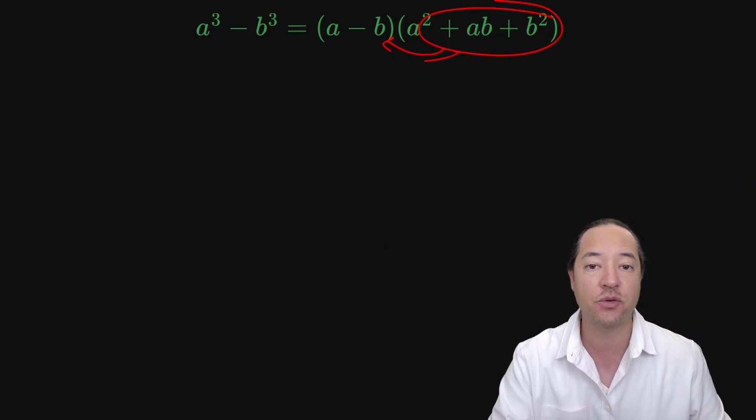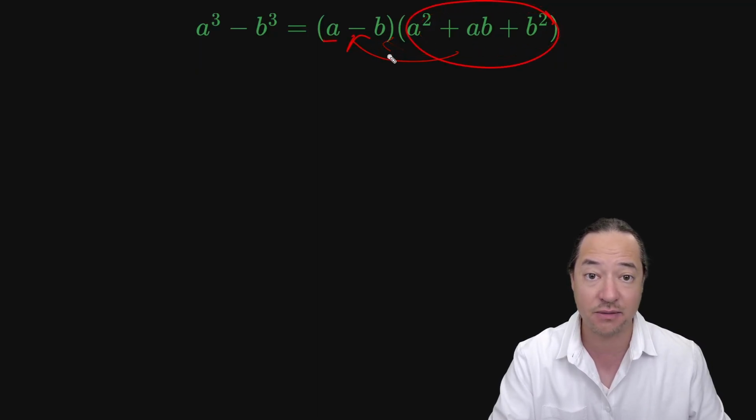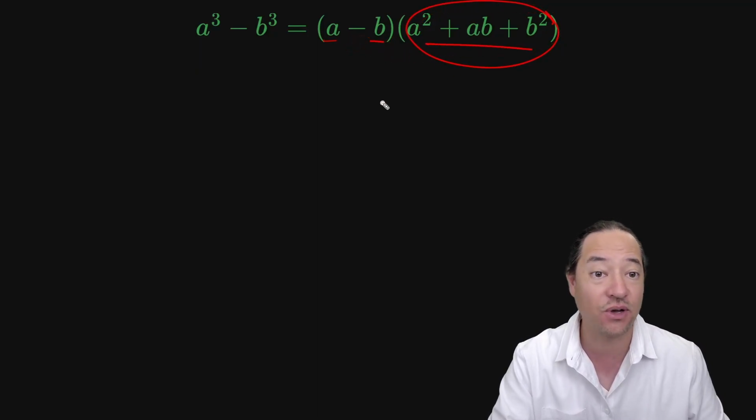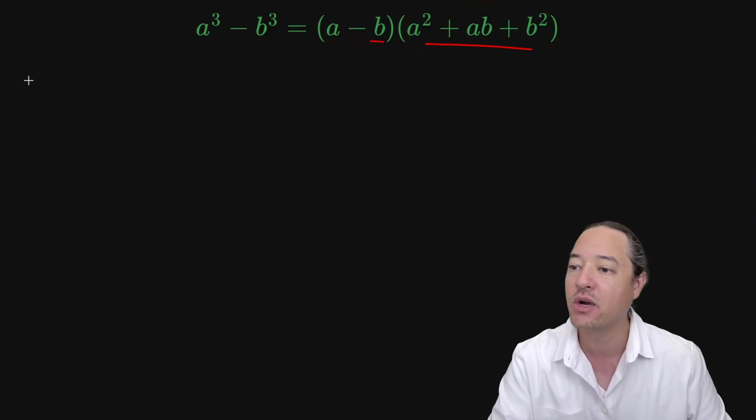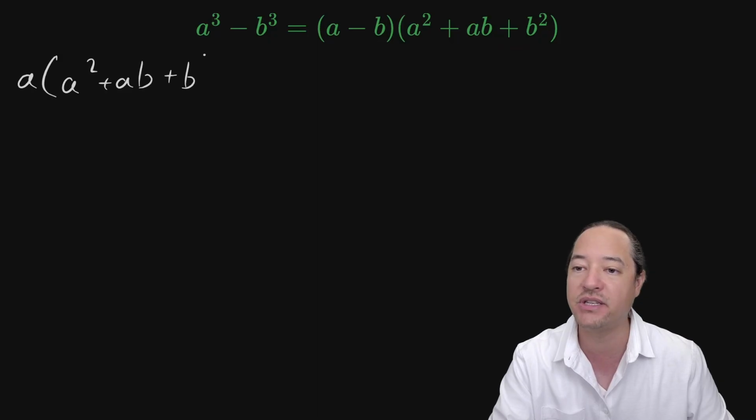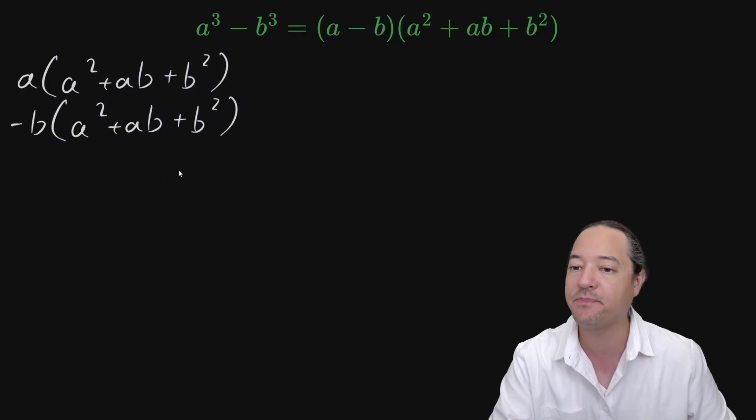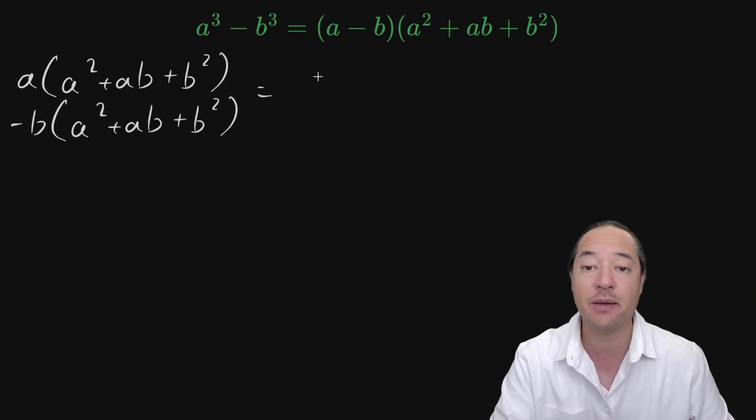So let's take this term and distribute it into the parentheses, so it'll be an a times this minus a b times all of that. Okay, so let's do that. We'll have an a times an a squared plus an ab plus a b squared. And that'll be a minus b times all of that. Okay, so let's do the arithmetic here. We see we'll get on top an a cubed plus an a squared b plus an